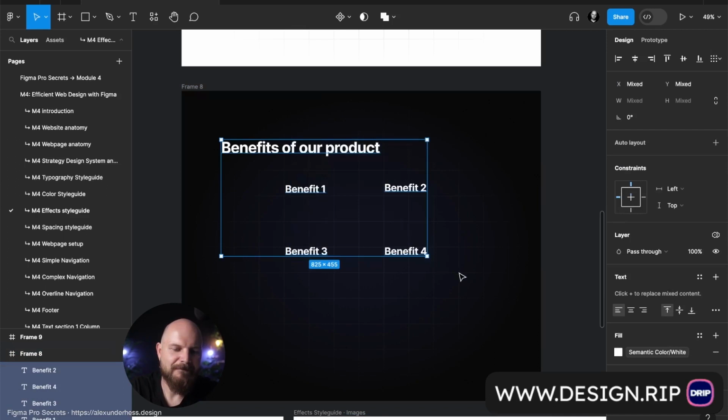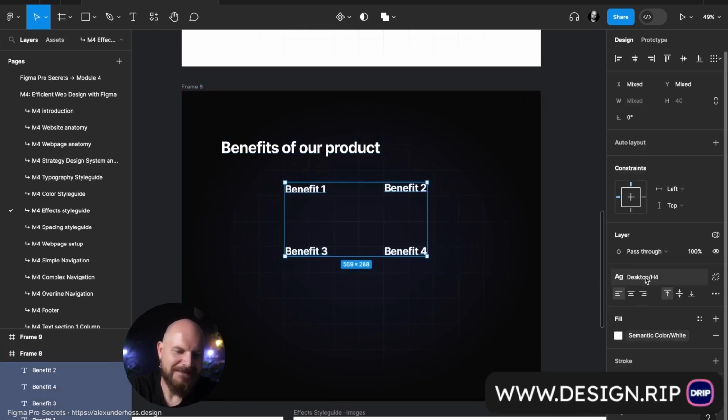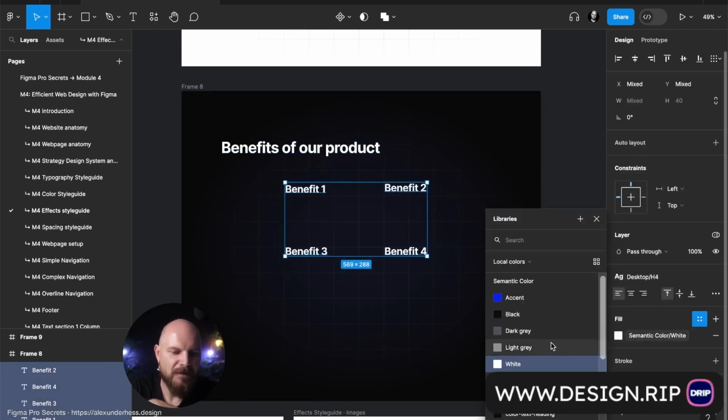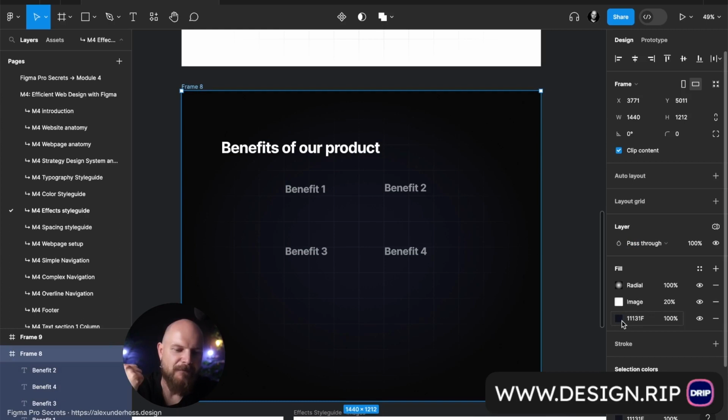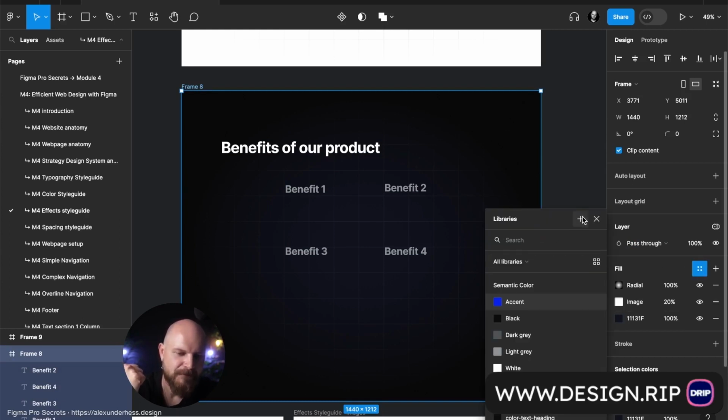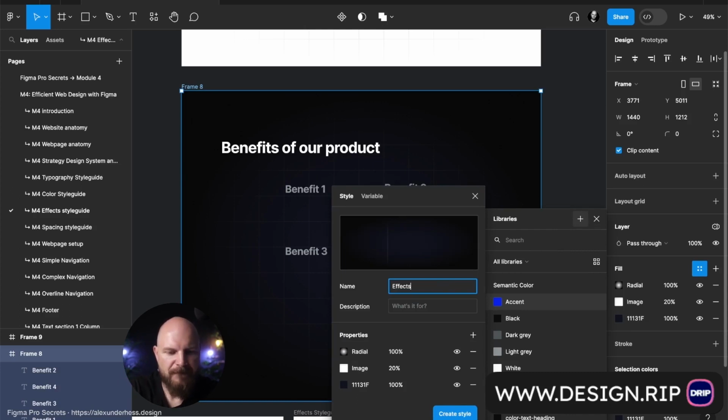And the colors don't look perfect here, so I would use light gray just to make it look even better. The final thing that I would do is go here, create effects, background or section, and here we will use dark theme,